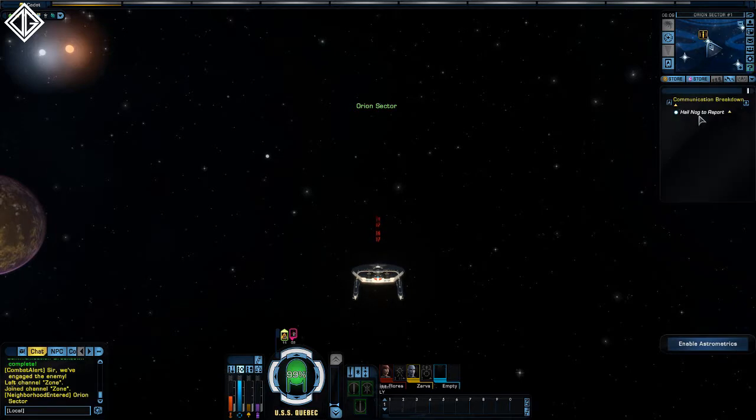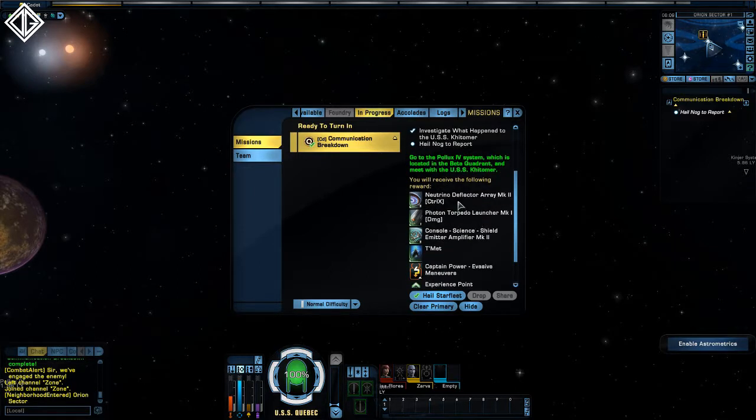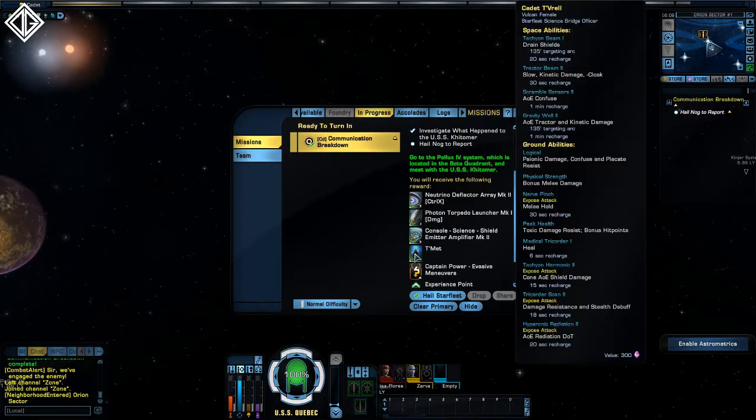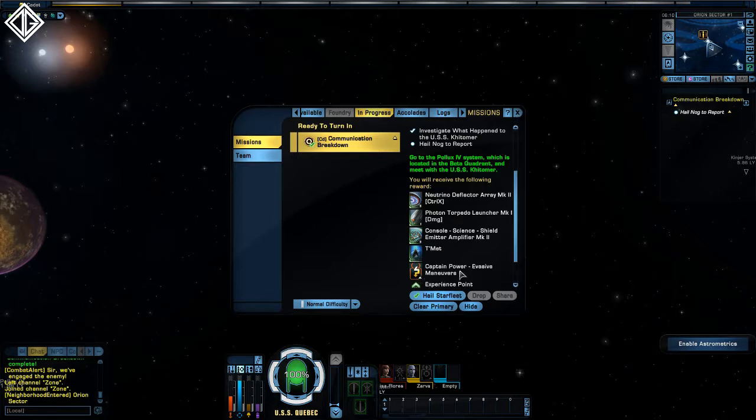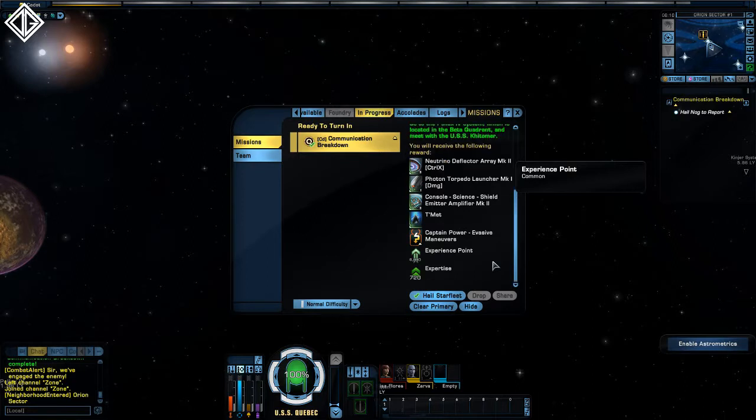Okay, let's hail to report. You can double click on that. They quite often pop up annoyingly while you're trying to do something like collect loot at the end when you've completed the mission, but let's see what we got. Better deflector arrays, photon torpedoes, consoles. What's that? That's a bridge officer, Vulcan female, so probably science. Evasive maneuvers, that's really good. Speeds up your turn rate and you get a boost of speed and a whole lot of experience points. And expertise, I'm not entirely sure what that is on this, but...